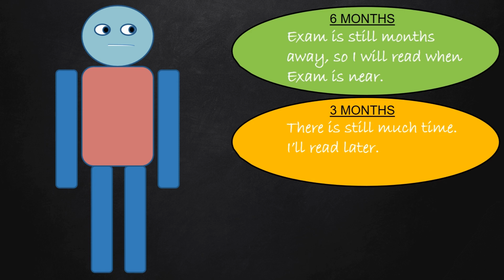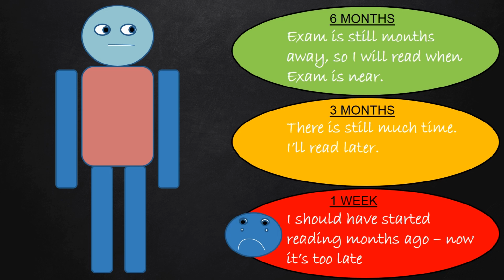Procrastination. Even at three months, we always say, I'll read later, I'll read later. But when it's already one week near, we begin to regret our decision for not having read since the beginning. It becomes very difficult to start reading a week to the exam. It is difficult even to start reading a month to the exam, talk less of a week. We need to start preparing the moment we get our hands on the registration package. Even before registering for Jamb, you need to start preparing, prepare ahead.